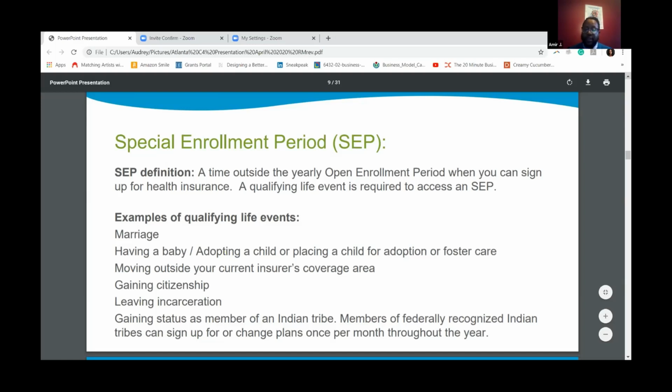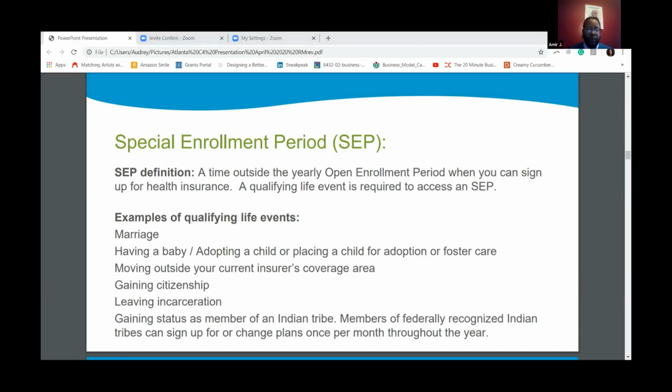Another notable qualifying life event for a lot of people right now is in the event you've had to move from one state to the next. When the Affordable Care Act was made available, every state had its choice as to how they would enact it. In Georgia, open enrollment, as well as the marketplace process in general, is using the federal exchange. And again, different states will use different things. So if you moved, for instance, from Florida to Georgia or from New York to California, those are examples of another type of qualifying life event. Next slide, please.